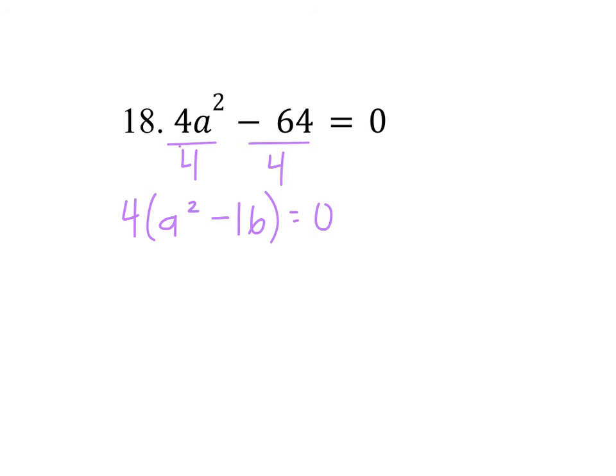Okay, and this is actually one of our differences of squares. And if you don't remember this shortcut, you could still do it the long way with just replacing the middle term with a 0x or a 0a. And you can create the cross product sum that way. But if you remember the shortcut,